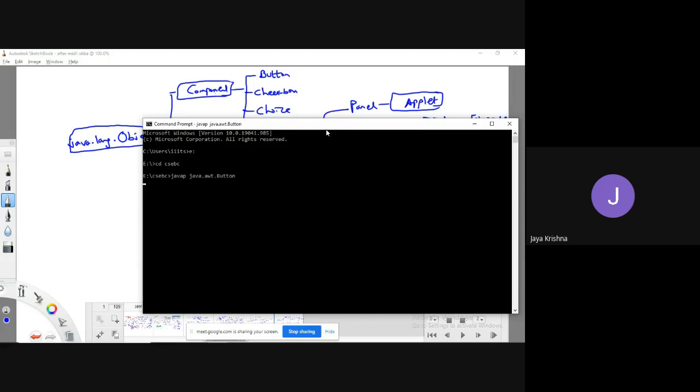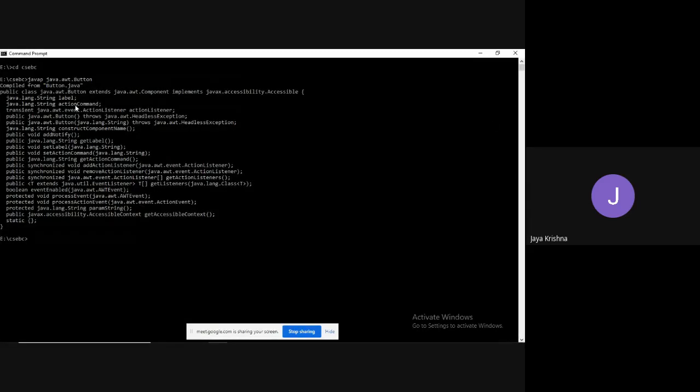Button is a kind of class or not? Observe, Button is also one class, meaning that if you want to create a button, they have implemented it in the form of a class. With the help of that class you can define add notify, get label, set label, add action listener, remove action listener, process event, process action event, param string.